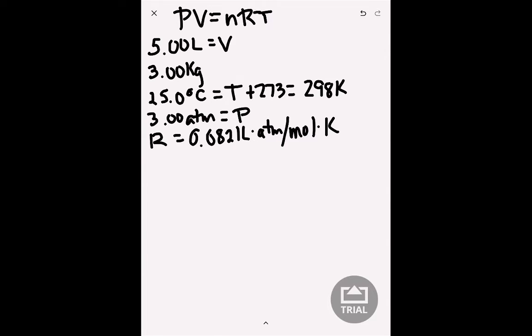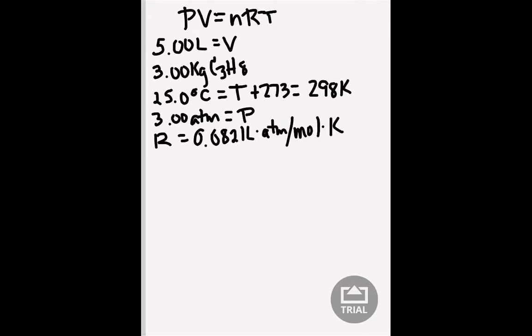Going back to our problem now. So we know N is a number of moles. Well, kilograms is not moles, but we could use kilograms of C3H8 to get moles. Okay? So what I'm going to do is